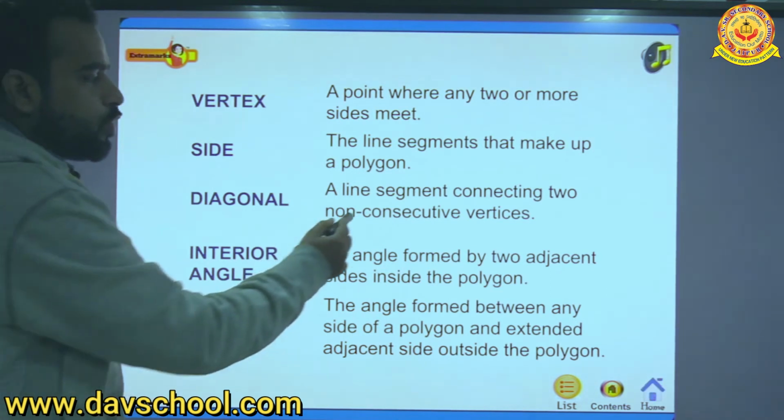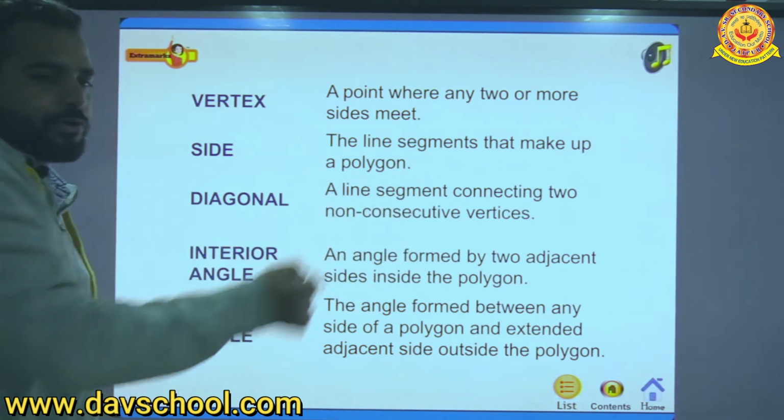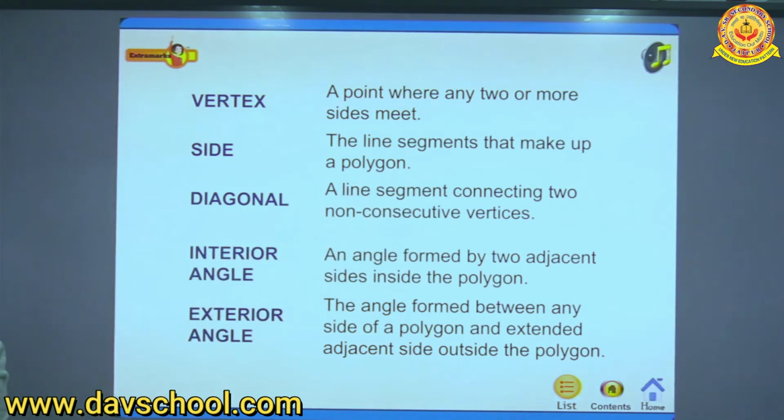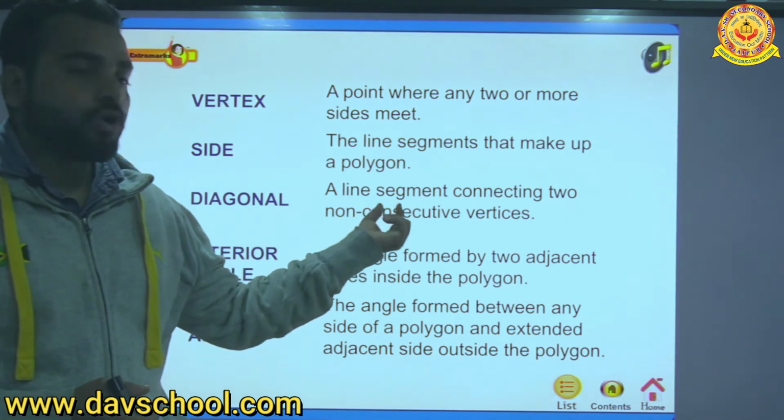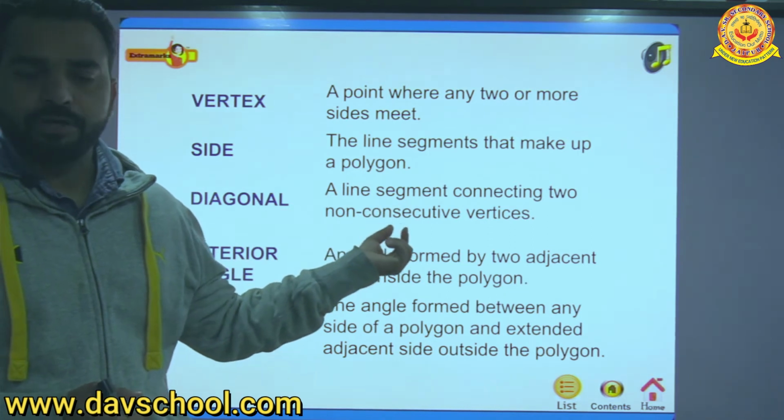Anyone know what is consecutive and what is non-consecutive? So which is not connecting to the vertex. No. Yes? So which are not connected to opposite sides. No. Sit down. Look. When this term comes, consecutive, now this is very important, beta.